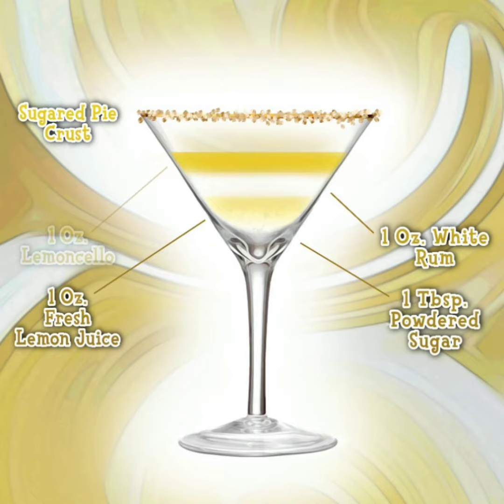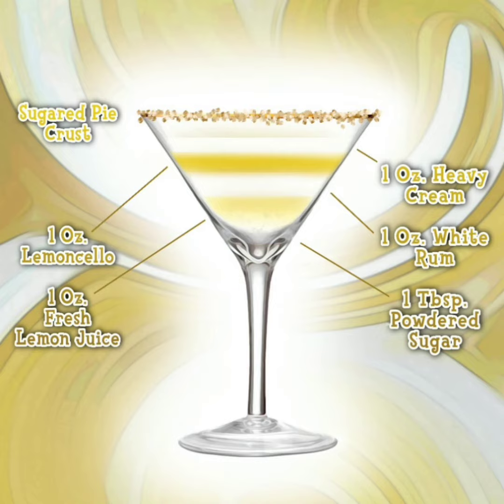Then in a cocktail shaker with ice, add a tablespoon of powdered sugar. Pour in an ounce of fresh lemon juice, an ounce of white rum, an ounce of limoncello, and an ounce of heavy cream. Shake until well chilled, then strain into your cocktail glass and garnish with some whipped cream